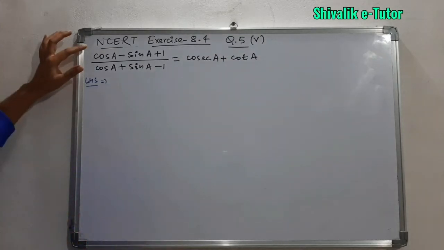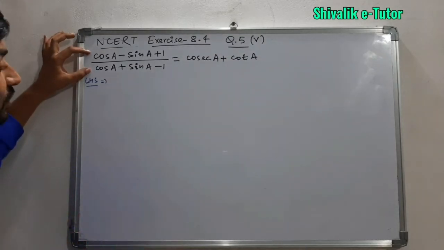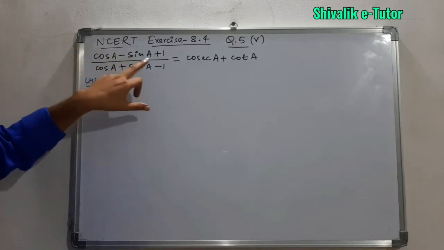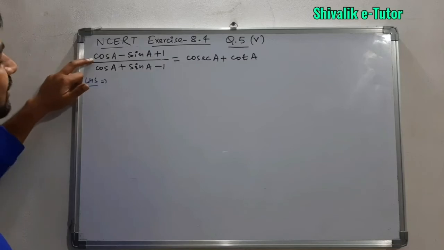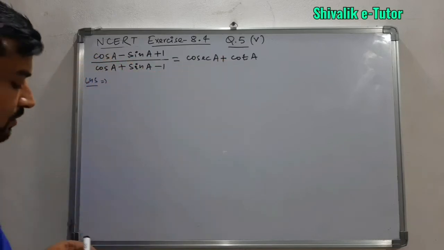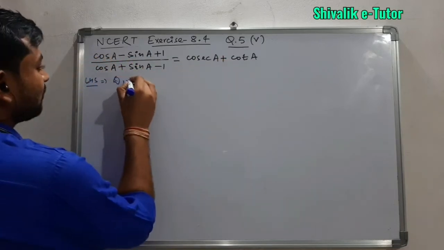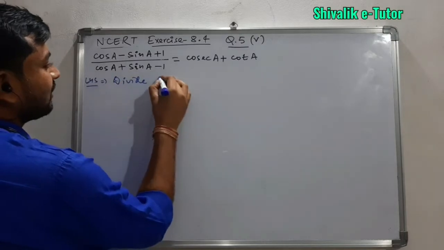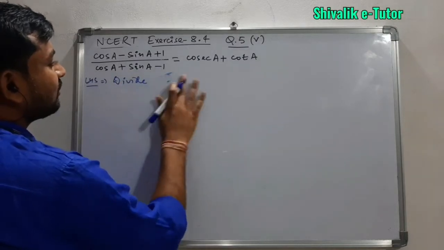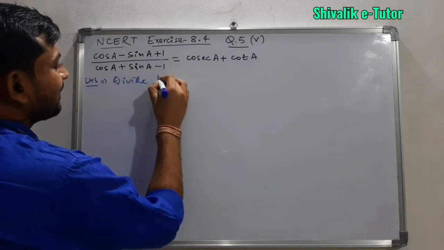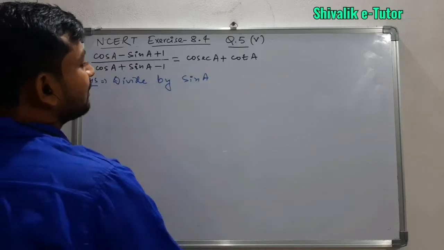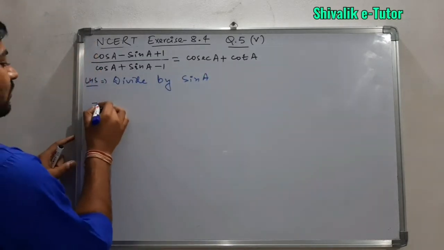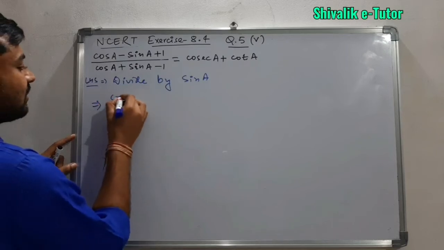If you look at this term, numerator and denominator of LHS, हमको cosec चाहिए, जो कि अगर हम इसको sin से डिवाइड कर देंगे तो cosec में कन्वर्ट हो जाएगा. If we divide this by sin, we will be getting cot a. So here what you have to do, simply divide numerator and denominator. Directly we can write divide by sin A here. So what we will get? We have to divide both the numerator and denominator by sin A.